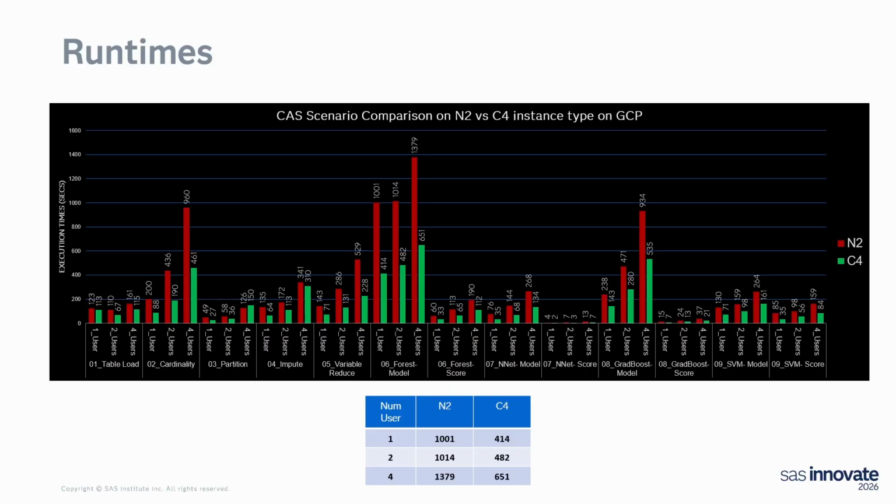So I know this is a lot to take in, but if you just look at the red and the green, the red is going to be for the N series, the green is for the C series, and if you look just down the line, eyeball norm, and I'll go deeper in other slides, you can see you're getting roughly a factor of 2 across the board. We're also looking, as we add more users to share that same instance, and the extra load and the elongation of time, and you're seeing that it's less exacerbated on the C4, so you're getting a better shared experience when you're both logging on at the same time to do your analytics concurrently. And we spread it out across the different phases from data prep to training to scoring, so you can see how each phase is affected.